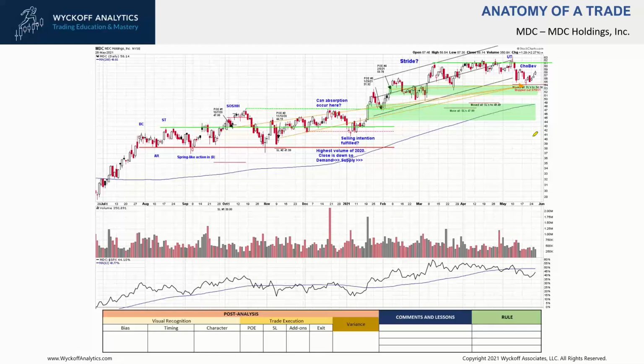So my read on this was after we went into this reaccumulation period, I kind of fell into the phase B or phase C trap and thinking, well, first of all, we have a little breakout here, which isn't too bad. That first bar next to the POE number 1 does extend a fair amount above the resistance. There's a little bit of an increase in buying that you can see there. It's tested right away and then kind of attempts to extend, but it's more like an upthrust. And my entry there